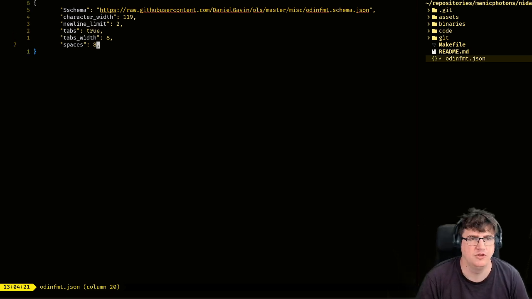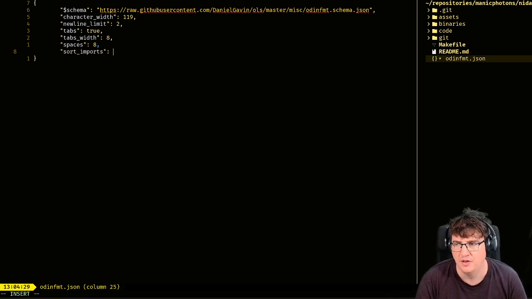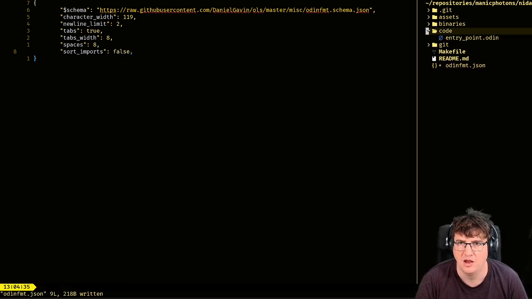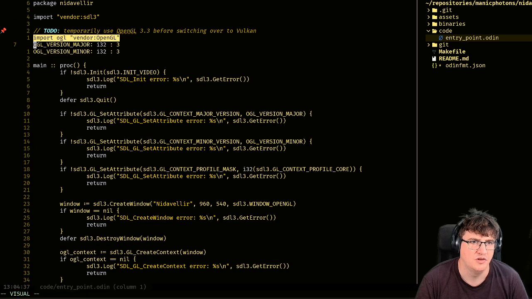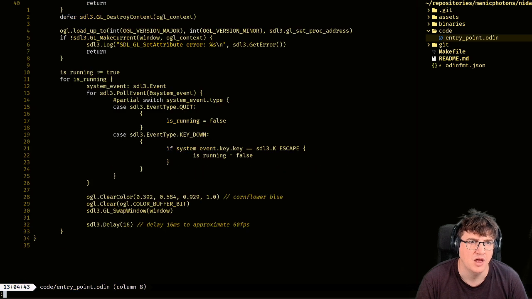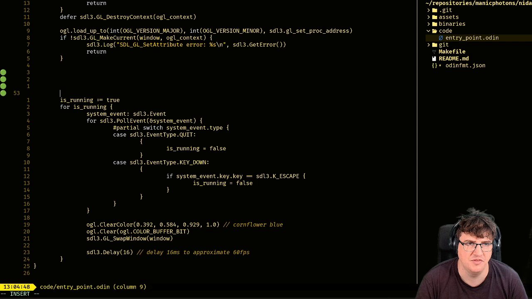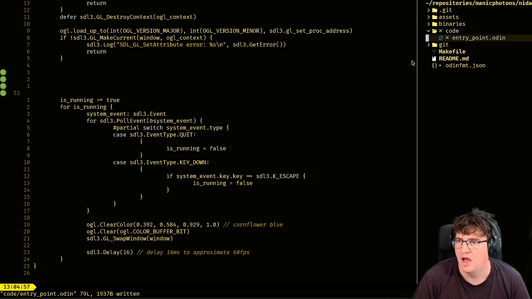Sort imports, no. I do not want that because, for example, I go over here, just imported OpenGL and made a few assignments underneath as a temporary. Do not want that changing. Let's see what happens now if I add a bunch of those lines. I think I need to set OLS to